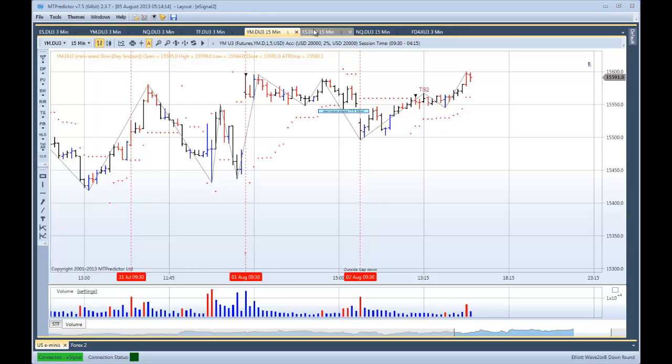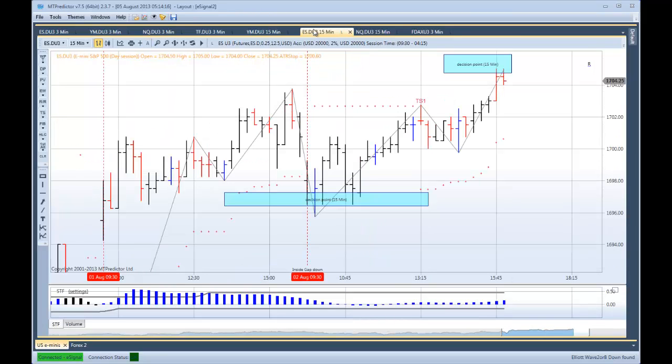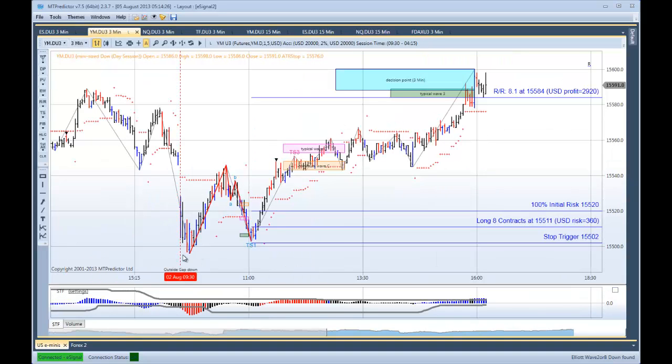so it wasn't absolutely perfect on that. However, the more experienced users among us would have known that the ES was the boss, and because we had the 15-minute support on the ES, this gave us the definition of the large degree or important low here. So with this set as an important low, this would be considered a wave 1, this would be considered a wave 2, therefore we'd be looking to trade into the typical wave 3,